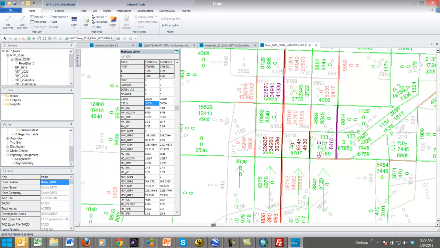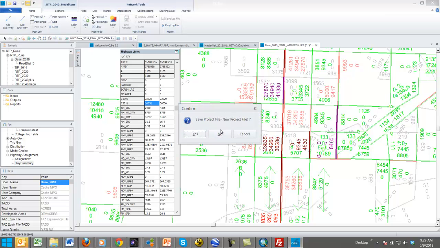alright, well, this is a long enough video now. We'll go look at our road diet next. So what you can do first is hit this close window, and before you close, it'll ask if you want to save the project. Yes, you do,